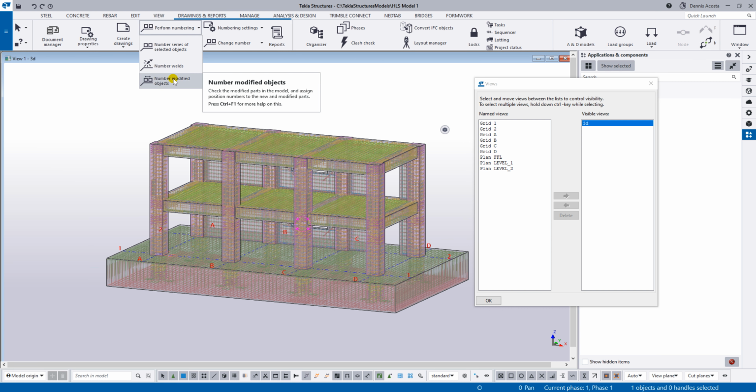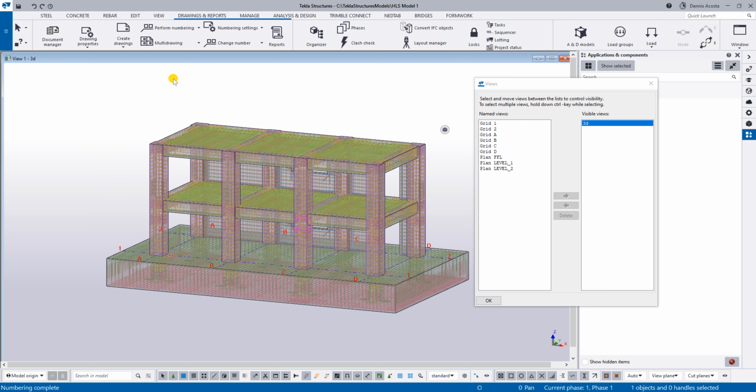So what is numbering? If I hit that one, see, automatically the system run the numbering. It's quick, done. So what's the use of that one? The system already assigned the piece marking on each and every rebar. So manually what we do is, okay, I have hundreds of rebar. I need to name this one is BR1, this one R1, R2, R3, R4, R5. So you do that one manually, okay? In the normal way. Here, if you notice, in a split second, automatically the system mark the reinforcement one by